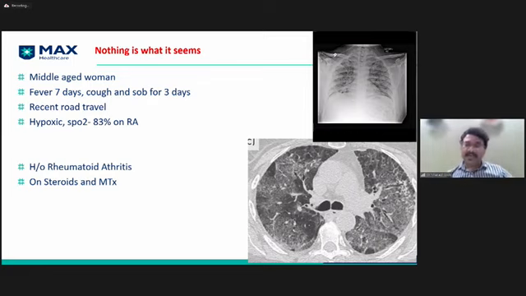We ruled out all kinds of infection, including opportunistic infections like PCP and CMV. Finally, the diagnosis was established that the patient has pneumonitis secondary to methotrexate. So her methotrexate was stopped, steroids were escalated, and all these patterns which you see, that there is air trapping, there is mosaic attenuation, there are ground glass hazing, everything resolved, and the patient came back to her normal baseline respiratory